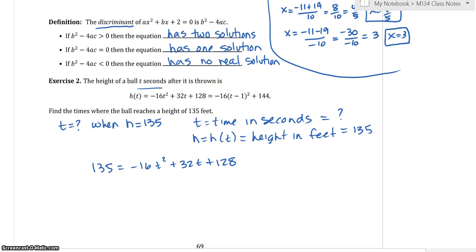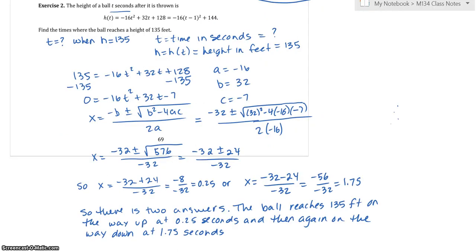But you can see here they also give you this form. So if you wanted to do it on your own and solve it by the square root property, at the end you can see, or maybe you can do it both ways, and see if you get the same answer as I'm going to get here. Okay, are you ready? Here's the solution. You can see I used the formula and I found out that the ball reaches the height 2 times, on the way up at this time and on the